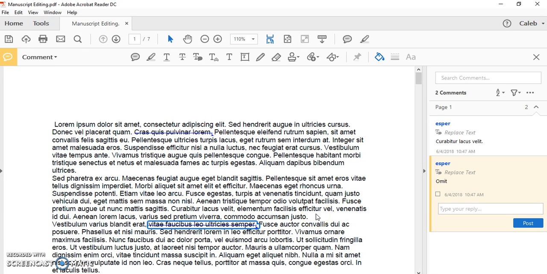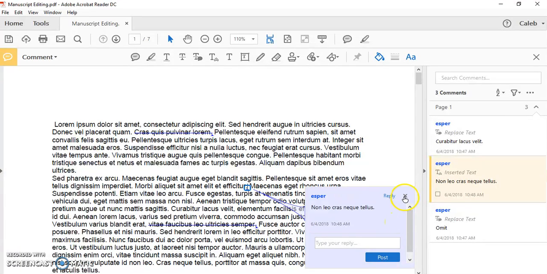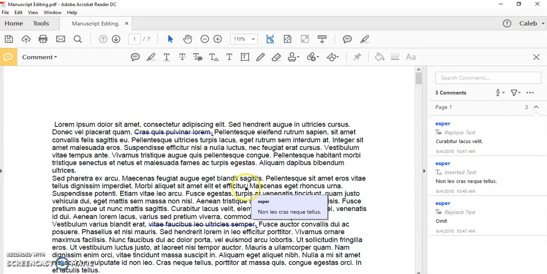Now to add new text into this PDF, it's quite simple. We'll come up here to Insert Text at Cursor, select that, and come down to the point where we want to add text. So if we want to add some sort of writing between these two sentences, we'd click here, opens up the text box, and then we can type in whatever we want put there. Click Post, we can X out of there,